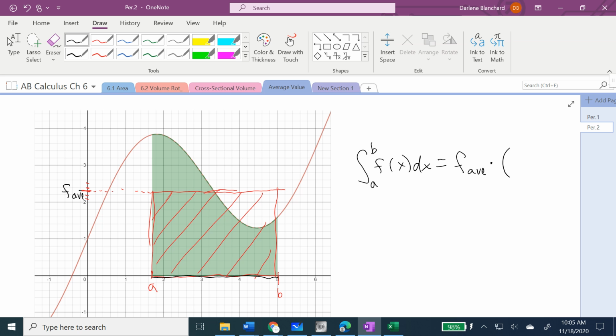With generic a and b, what is the distance along here? I see it, b minus a. And what that does is it provides us with a formula for how to find the average value. If I divide by b minus a,